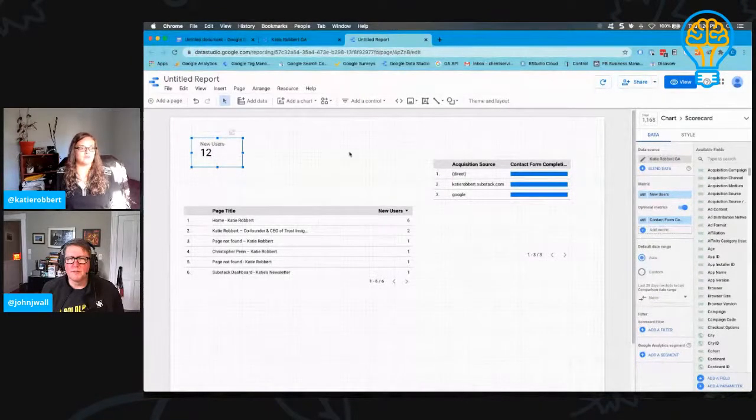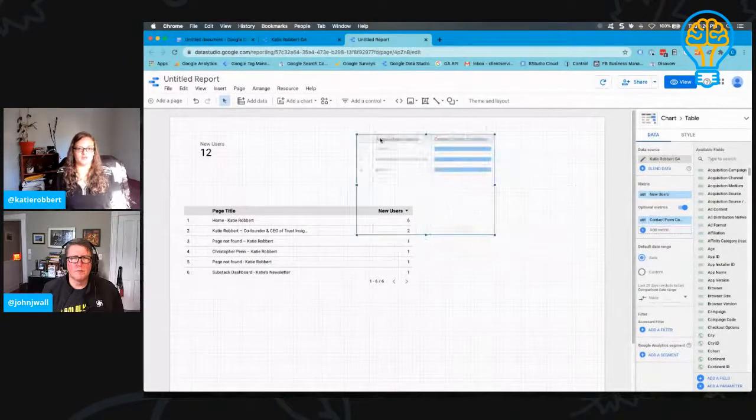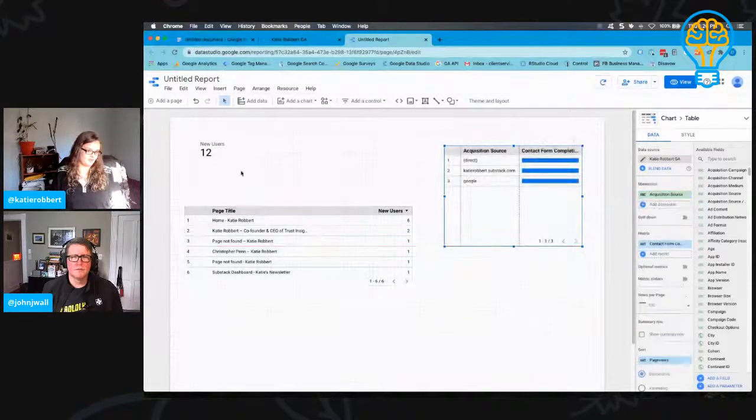All right. So I've started to put together, and this is going to be a really ugly dashboard, but you can see the contact form completion data and the acquisition source. One of the things I would probably want to know is where people are coming from when they're getting to the contact page. That's a really useful thing to know: are they coming from Google? Am I just